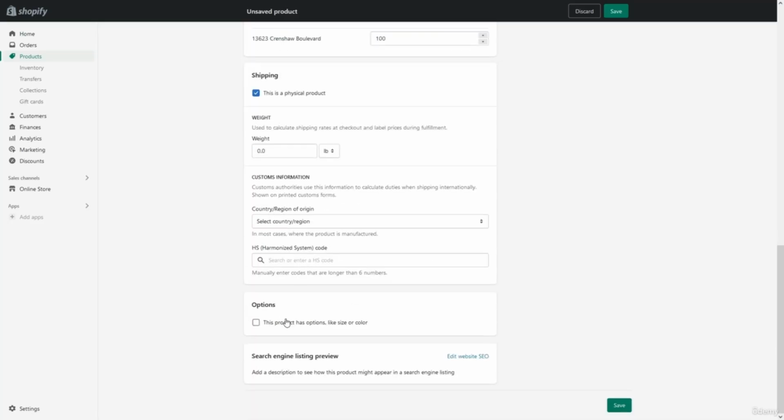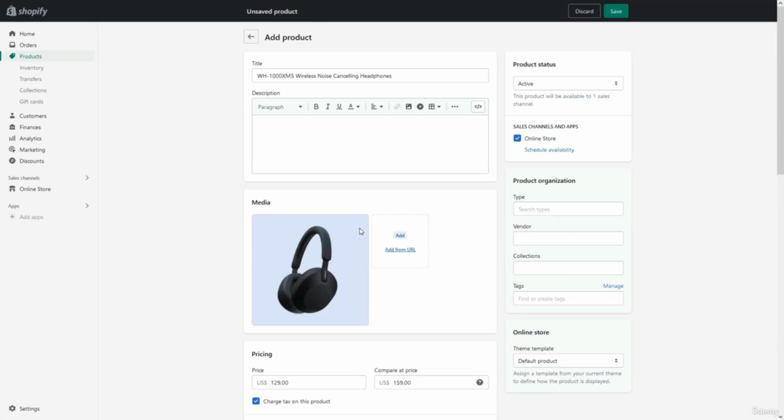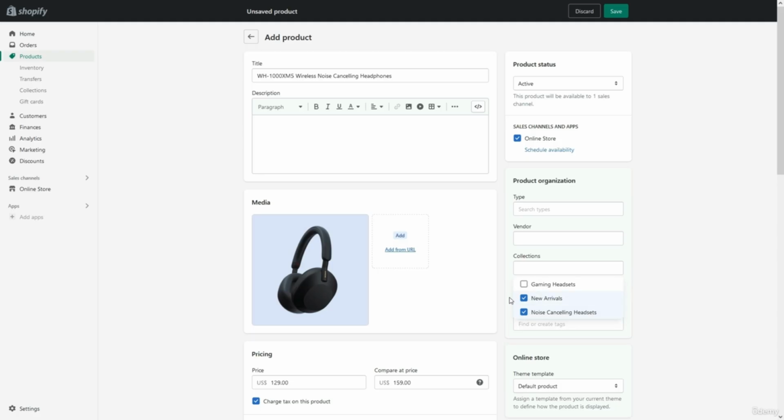Then you want to scroll down. And here you can add options like different sizes, colors, and features for your product. We can also have products in black and blue, so this is where you can customize your options. Then once you've entered all of the information about your product, we can go back up to here and add this item to a single collection or multiple collections. For this item, I would like to add it to the noise-canceling headphones collection and also the new arrivals collection,